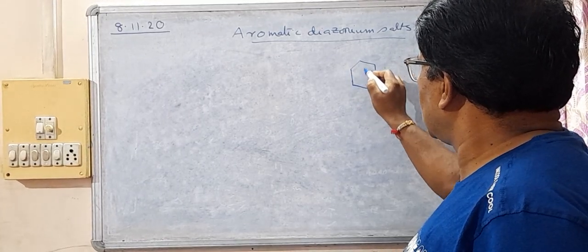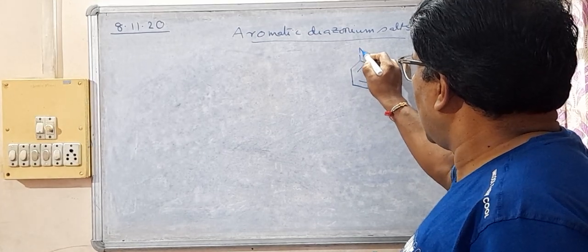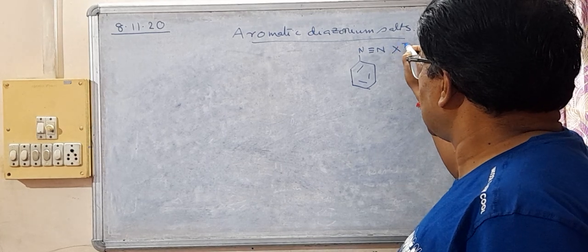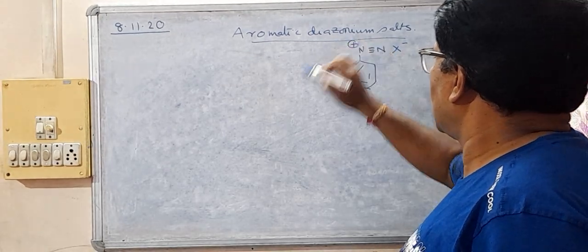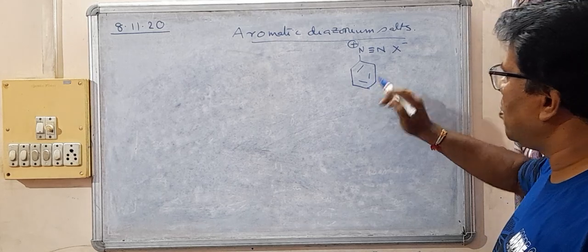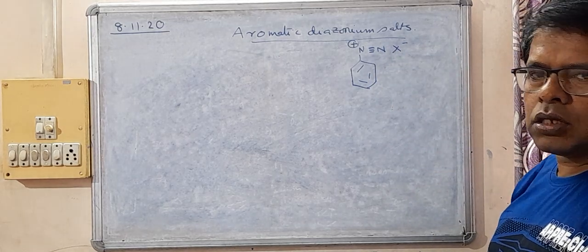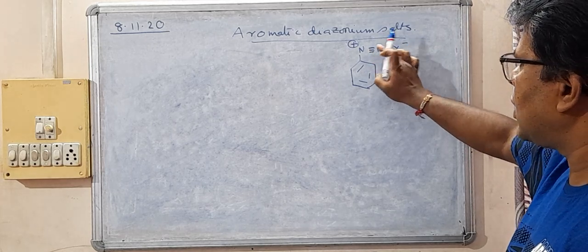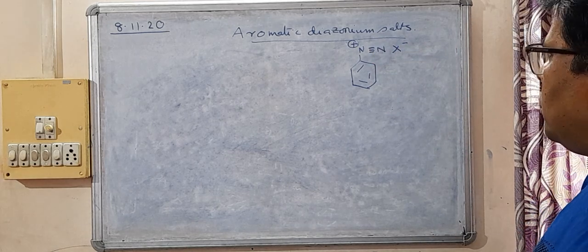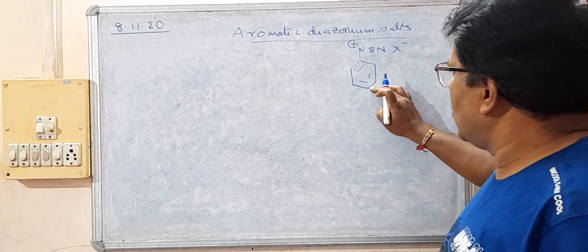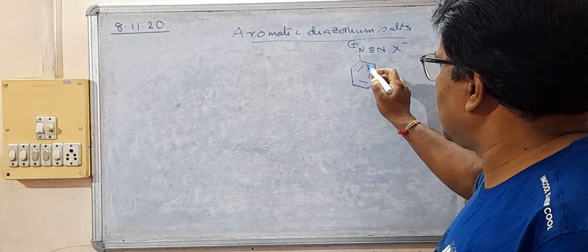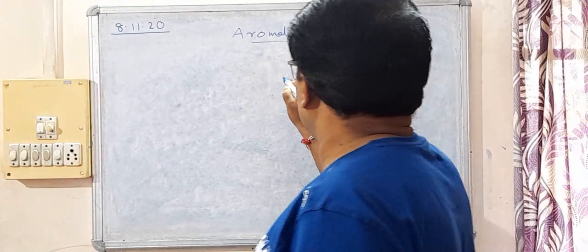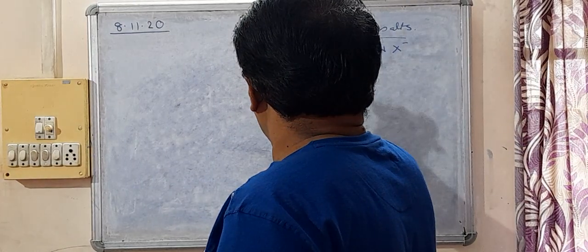or benzene ring, N triple bond N and then X minus. This is called benzene diazonium salt, or if this is any halogen, benzene diazonium chloride. In your book, it may be given as benzene ring, then N2 plus X minus. So how is this compound produced? That has been discussed,